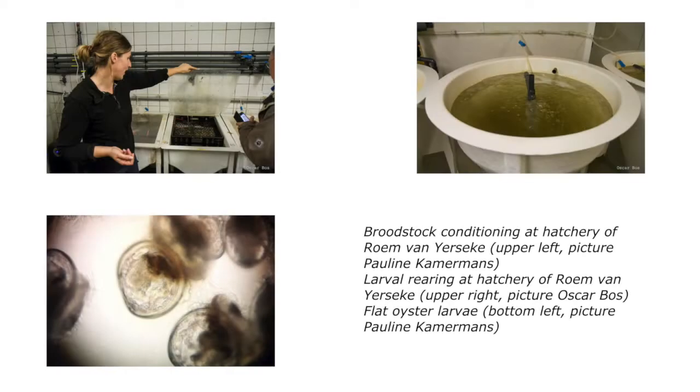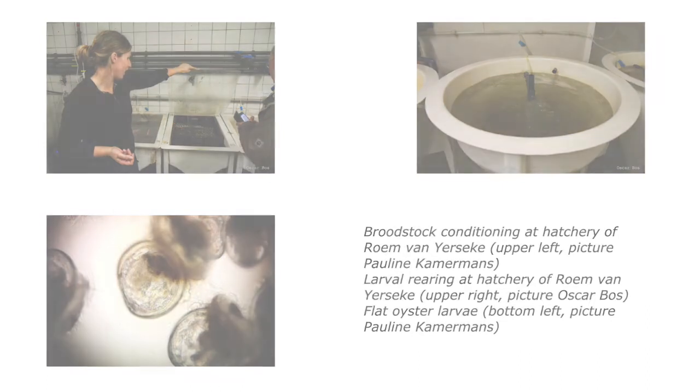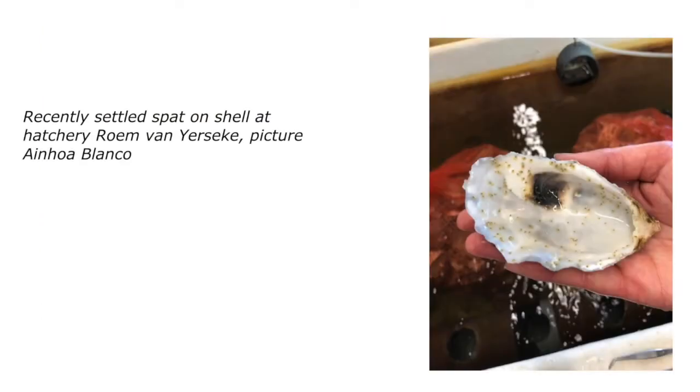Then when it comes to availability, the adult oysters are relatively scarce. So another way of getting oysters to start an oyster reef is hatchery production. That means you take adults from the sea into a controlled condition where you reproduce them, and then you harvest the larvae and they settle on substrate, and then you have what we call spat on shell. You can let them settle on shell, and spat on shell is also a good source to start a new